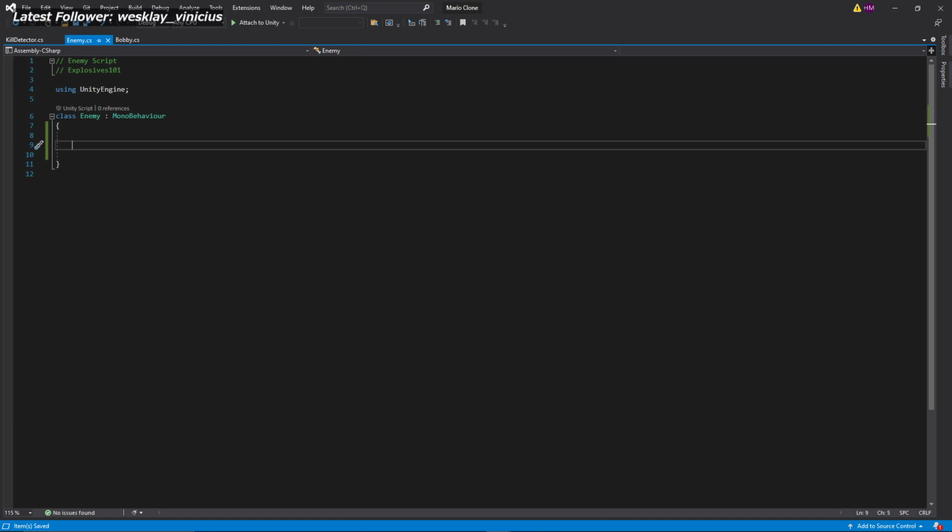Let me look up GetComponent. Let's see how that works. GetComponent. Component.GetComponent. GameObject.GetComponent. Okay. So for GameObject GetComponent, we've got to do